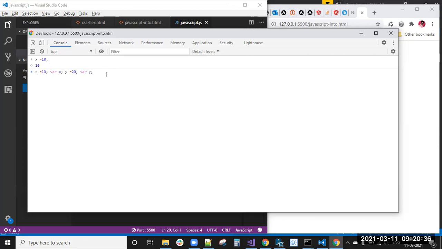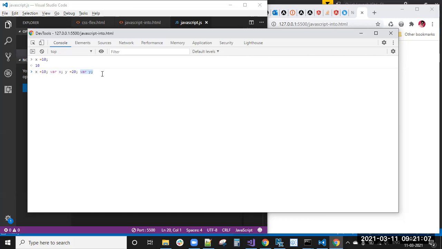Why? Because of what JavaScript does. These declarations are there, right? var x, var y. JavaScript will move all these declarations to the top of the execution. First, it will check the entire JavaScript program for any variable declarations.